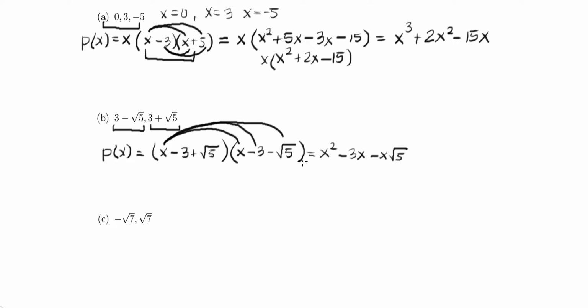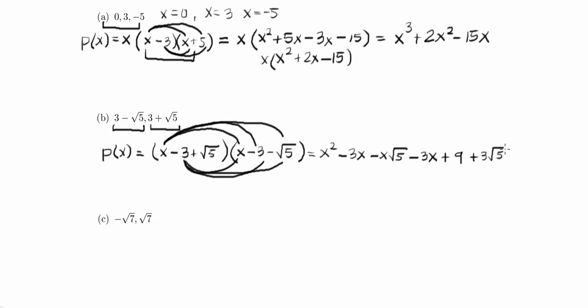So if you're questioning that right there, it's just x times negative root 5, so negative x root 5. And now what we're going to do is multiply the negative 3. So negative 3 times x gives me negative 3x. And then negative 3 times negative 3, which is plus 9. So now we have plus 9 right there, followed by negative 3 times the negative radical 5, so plus 3